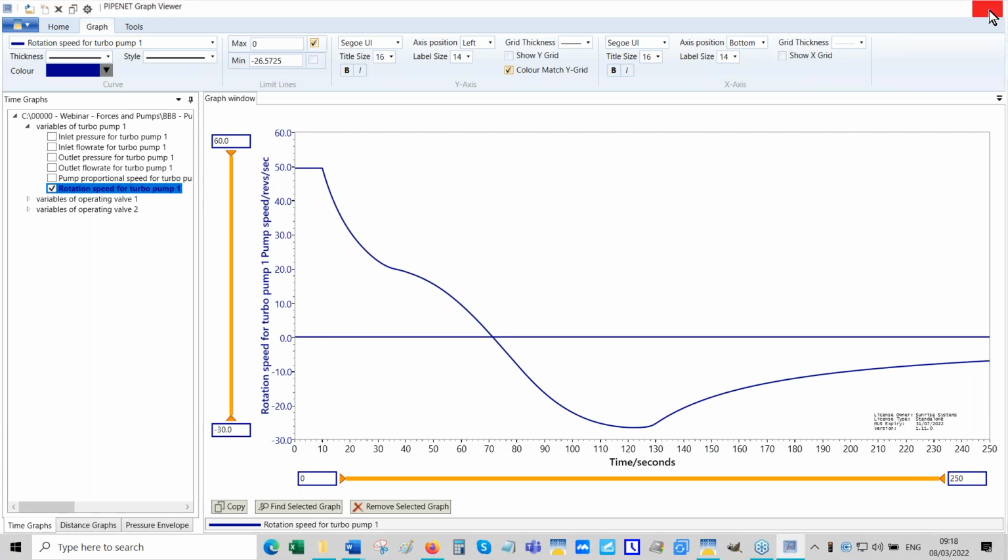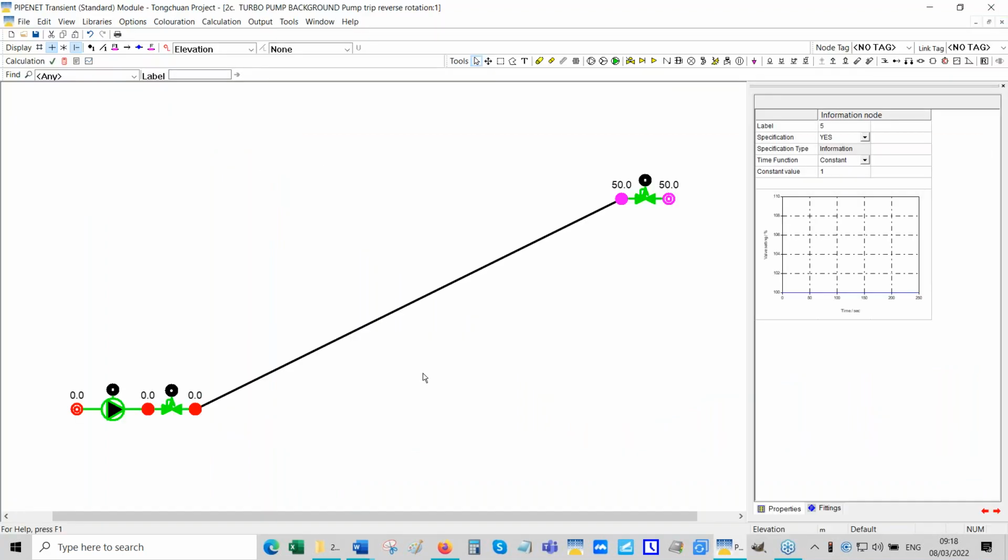Okay. So it's beautiful, isn't it? It's amazing how the PIPENET model confirms our intuition. And also, of course, our intuition doesn't give us quantitative results, but PIPENET gives quantitative results. And of course, our intuition also may not be good enough when we have a complex network, because in a complex network, we must analyze things